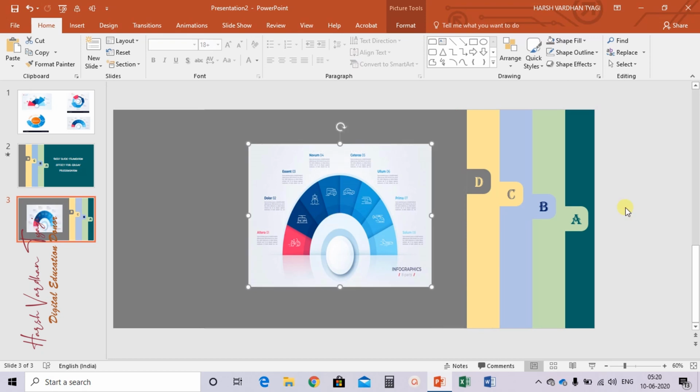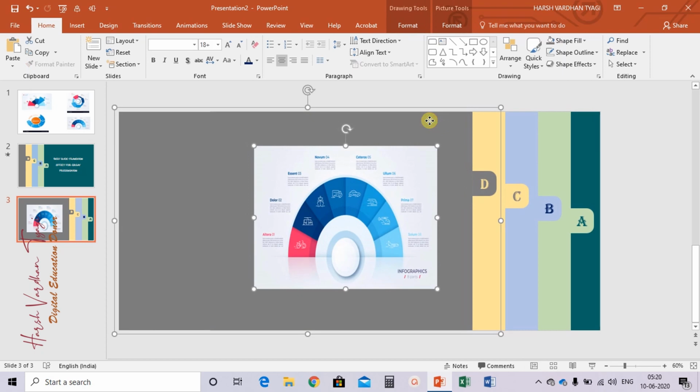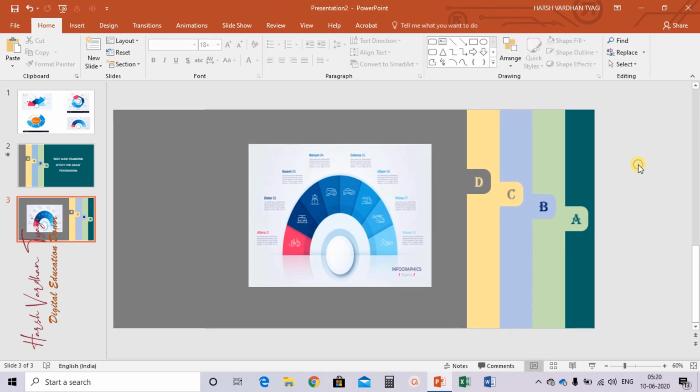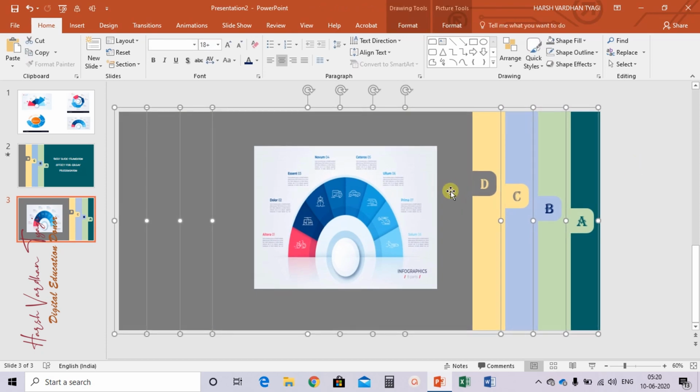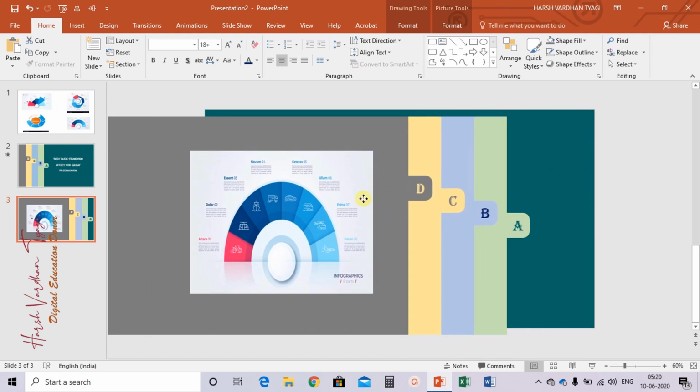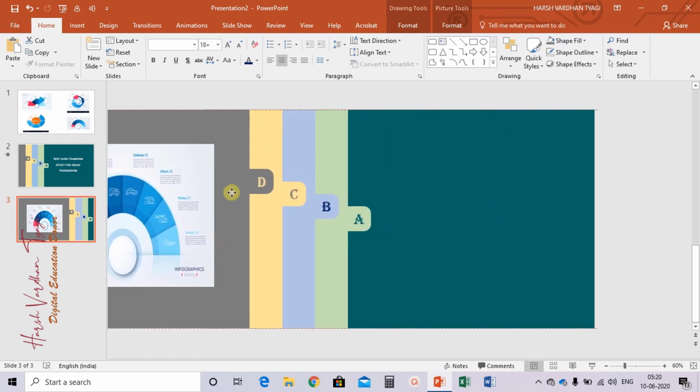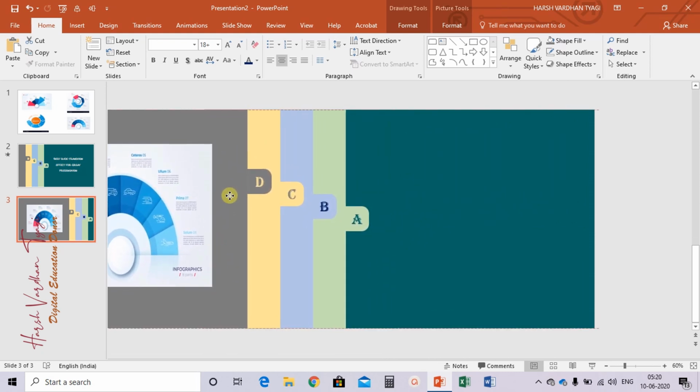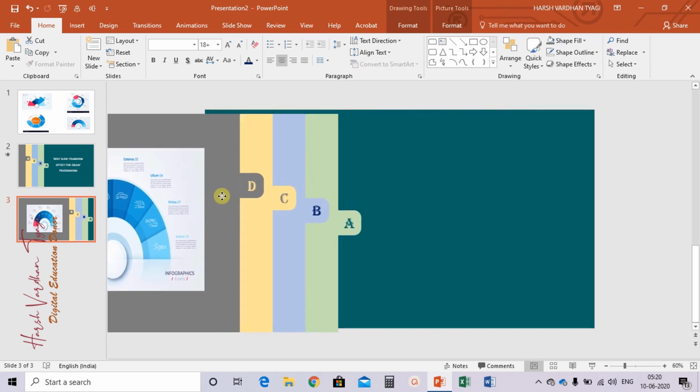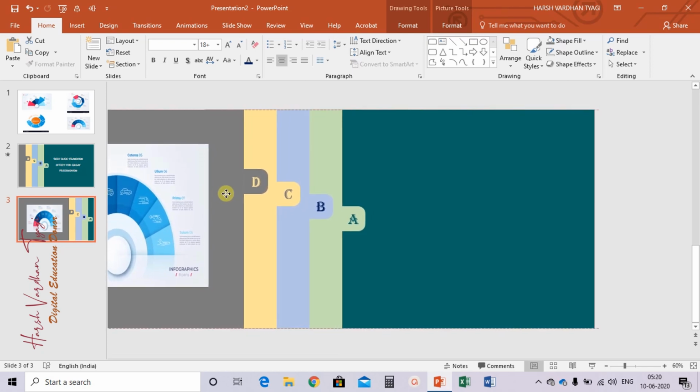Select the image, select the shape D, and Control G. Now after doing this much, again Control A and then drag these to the left side again. Okay, you have to drag this to the left side.